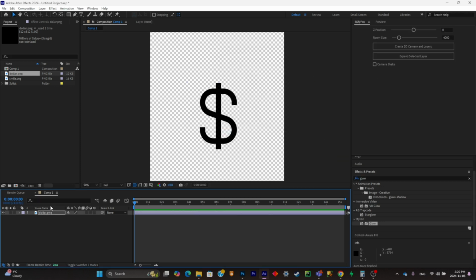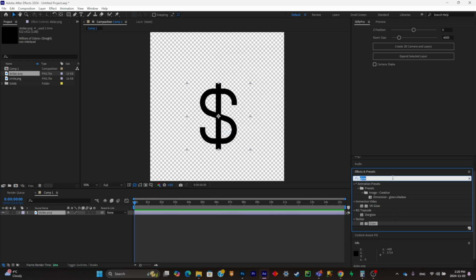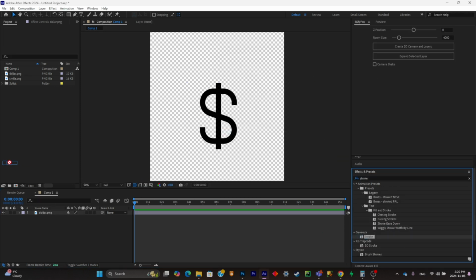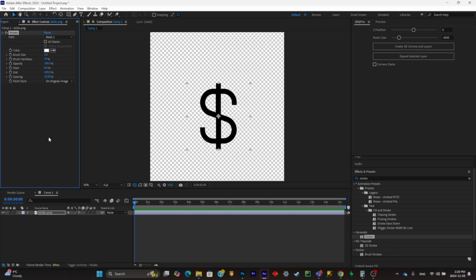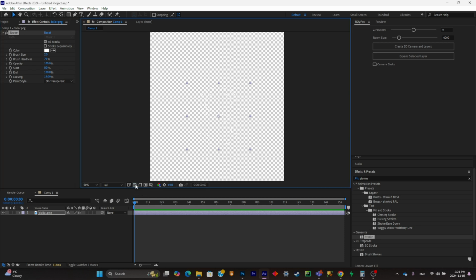Now click OK. Now once this is done, what you're gonna have to do is simply search for a stroke. Now you're gonna have to apply it to the dollar icon that you just made. Now you can click on all masks, unselect stroke sequentially. Now on the paint style you can choose on transparent, and now if you just uncheck the transparency mode,